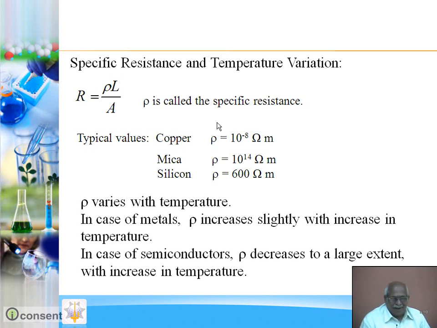On the other hand, bad conductor or insulator will have very large value of rho, specific resistance. Excellent insulator is mica. In case of mica, rho has value 10 raised to plus 14 ohm meter. Compare copper, rho value 10 raised to minus 8, and mica, rho value 10 raised to